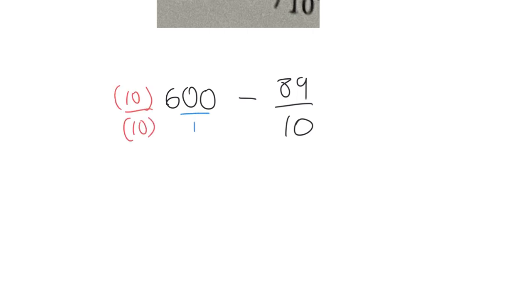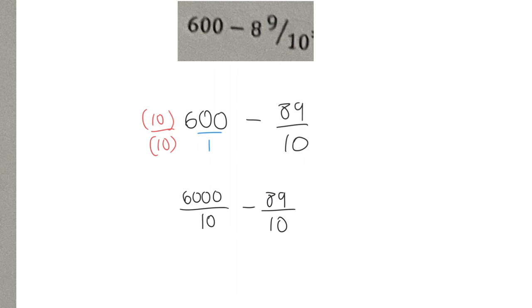Let's remember there's secretly a 1 under there, right? Now, the reality is 600 times 10 is 6,000. And then we put that over 10, and then we have that, right? Now, my student watching probably remembers that you could keep the denominator on the bottom, and 6,000 minus 89 on top would give you